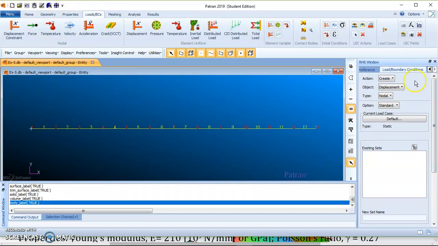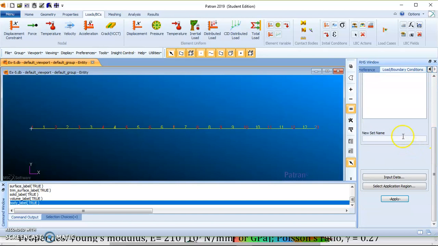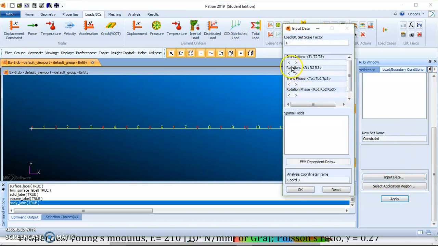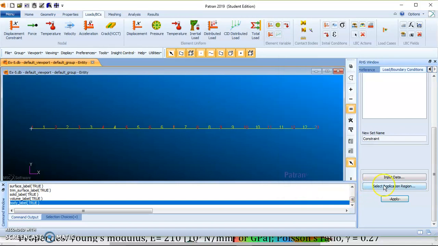Loads and boundary conditions. Let me fix the displacement. Input data. Let me provide here 0, 0, 0. The reason is the loads are inclined. I'll provide rotations also. I'll make it fixed rather than a simple support. The reason is there are inclined loads, so there will be components along X as well as Y. Z I can ignore, no issues, but better I restrict it so that there is a constraint and I can observe the deformation.